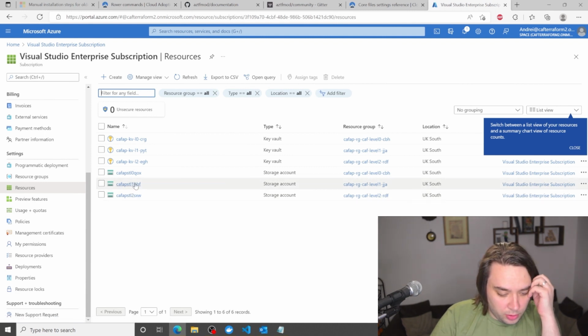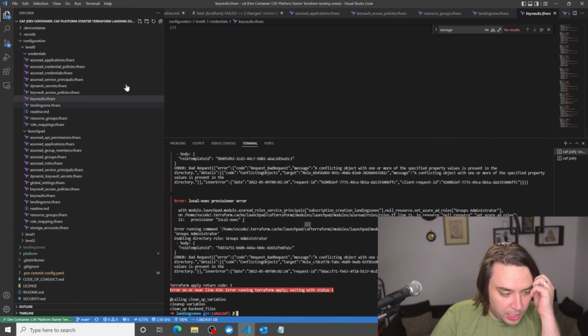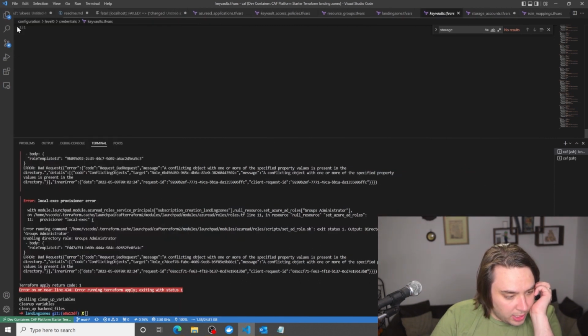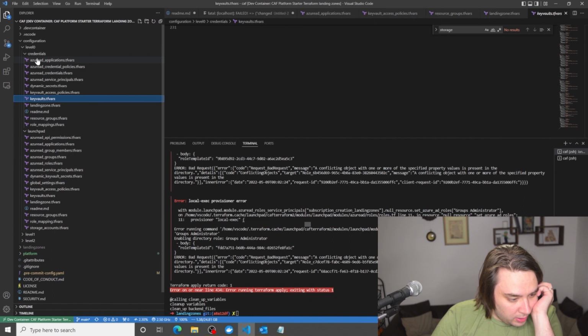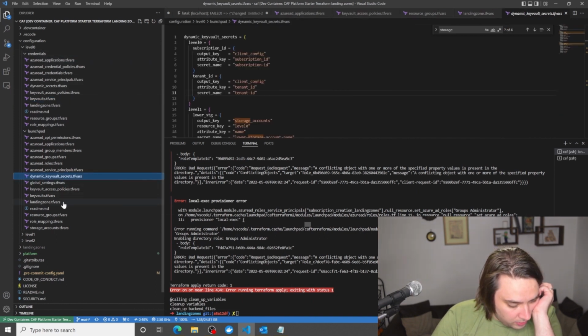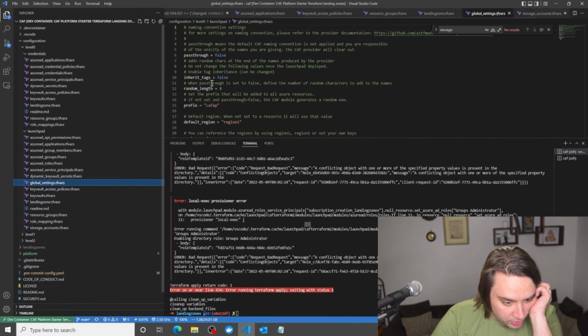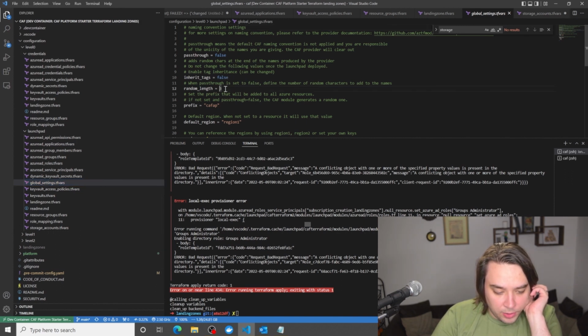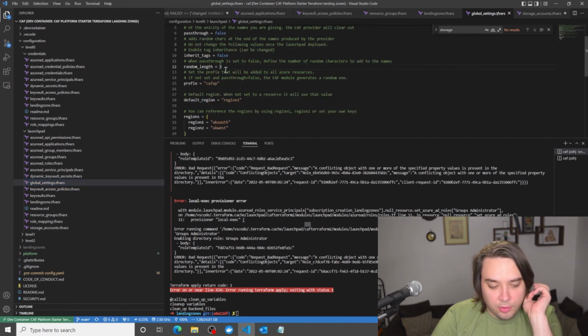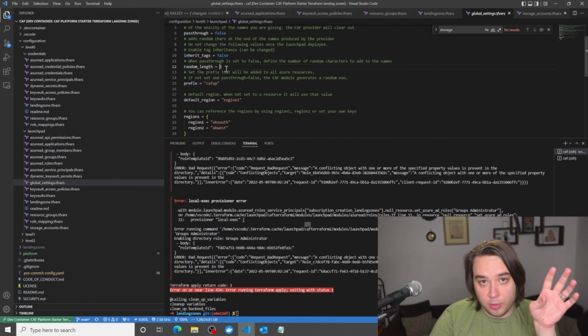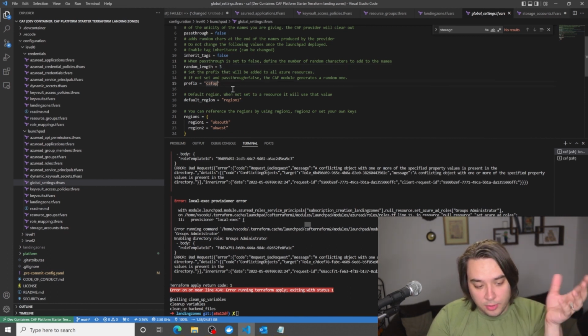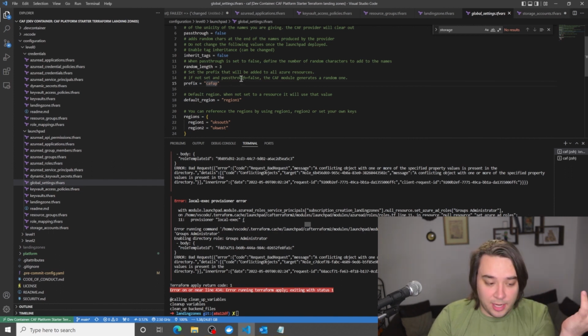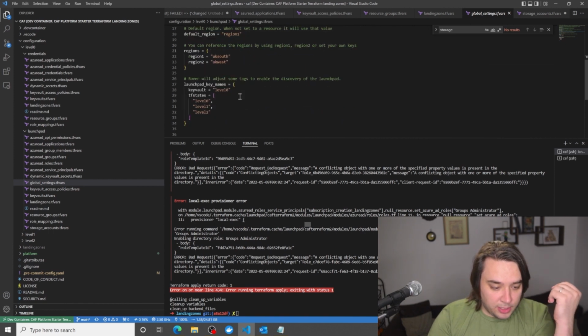If you wonder about these random characters, if we actually go back to our TF-vars files, we should be able to see that over there. There's a bit which says random length under global settings, which will be free. So it's basically adding some random characters at the end to make it more globally unique. And it's also adding a prefix, so I've added a prefix of CAFAP to, again, as storage accounts are globally unique, that's why this has happened.